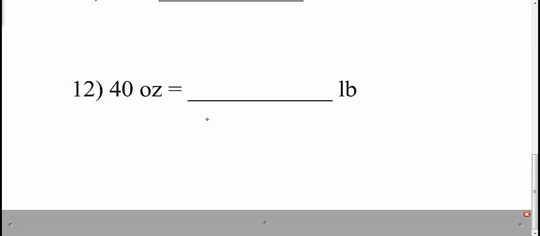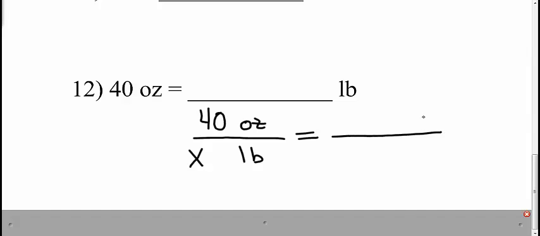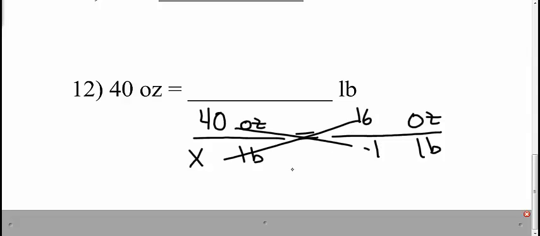So we would set it up as 40 ounces is equivalent to X pounds. And in the other ratio, we have same order, ounces in the numerator, pounds in the denominator, and we know 1 pound is 16 ounces. They're equivalent. So to solve this, we cross multiply and get 16x is equal to 40. And then dividing by 16 and reducing,